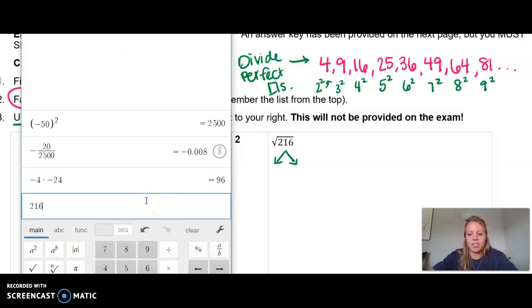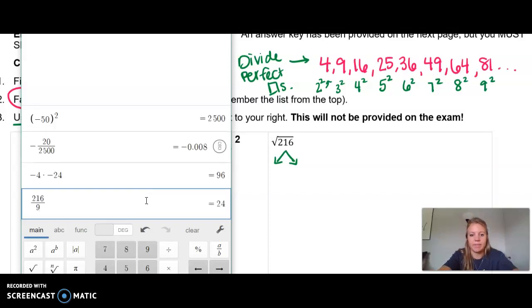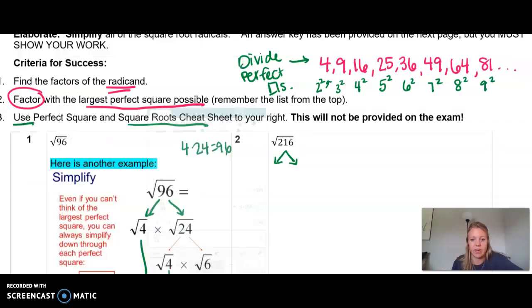Let's try 216 divided by 9. Okay, that works. We get 24. Let's see if we can do a bigger number. Let's try 16. And that's a fraction. We don't want to try that one. All right, let's try 25. Still a decimal. Let's try another one. Let's try 36. Ooh, 6. That's nice. And that's not a perfect square anymore, right? I can't divide 6 by a perfect square. So I'm going to choose to divide by 36 and 6. The square root of